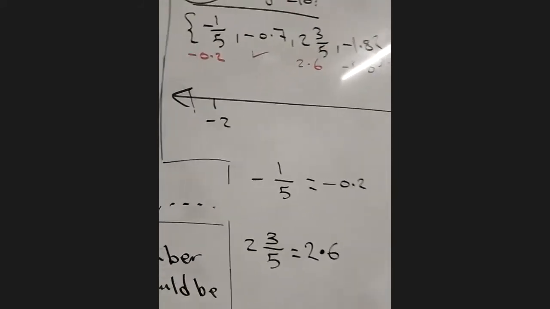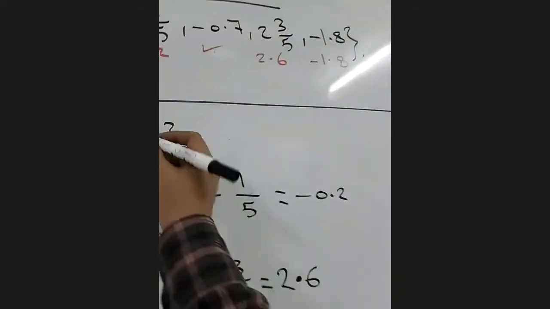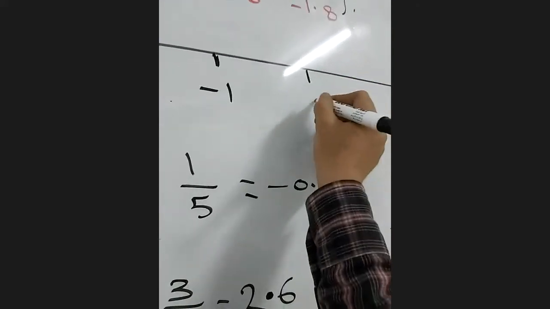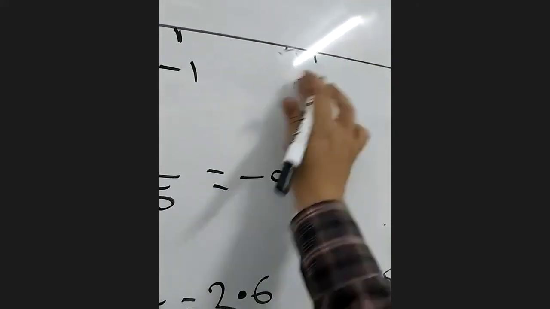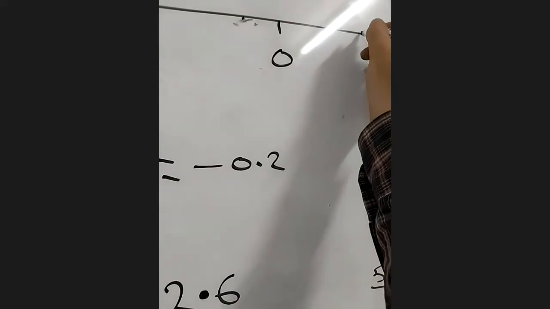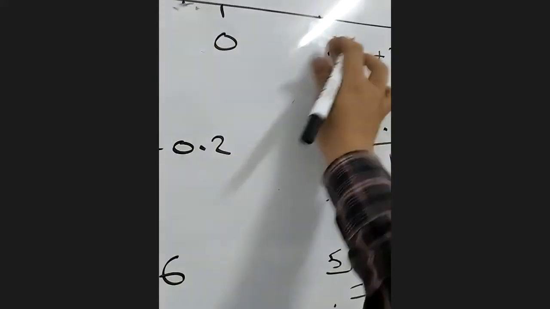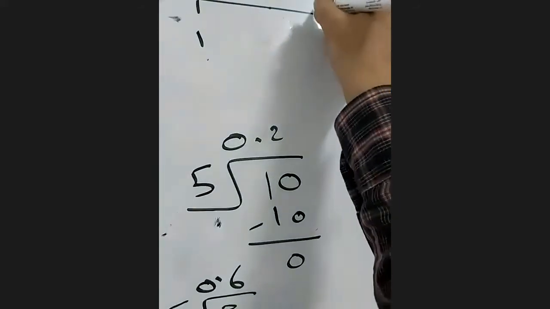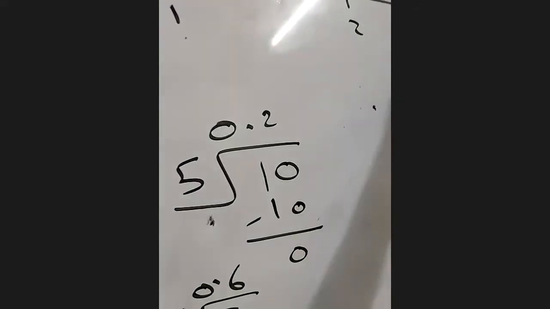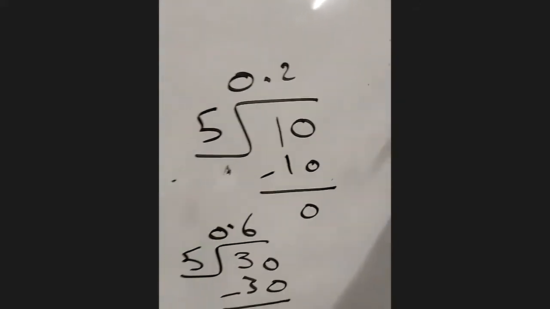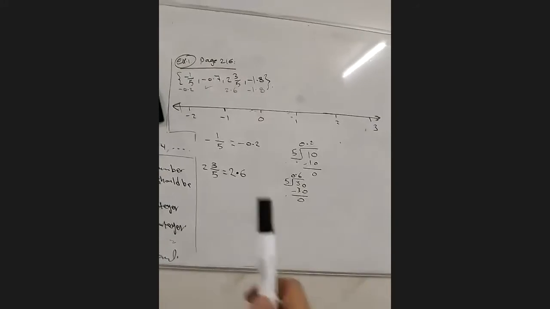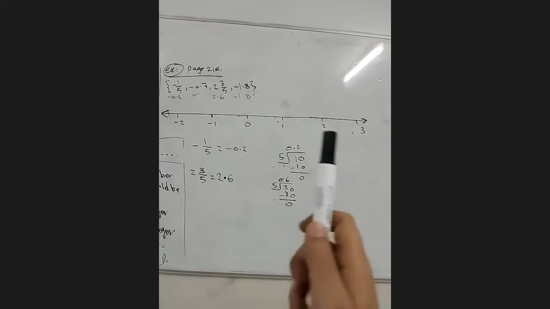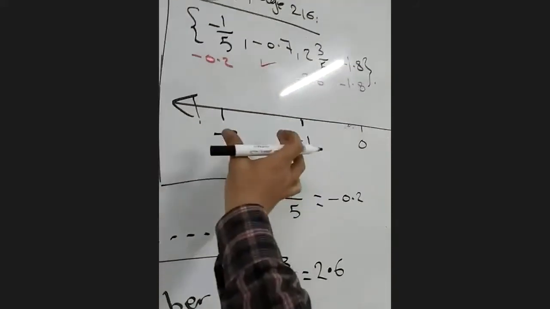Now, the numbers are between negative 2 and 3. I will make the main integers, negative 2, and here, negative 1, here, 0. And here, 1. I will make it longer. Here, 2, and here positive 3. Look what I did here. Now between negative 2 and 3, I make the main integers negative 1, 0, 1, 2. Now each part, I will make it